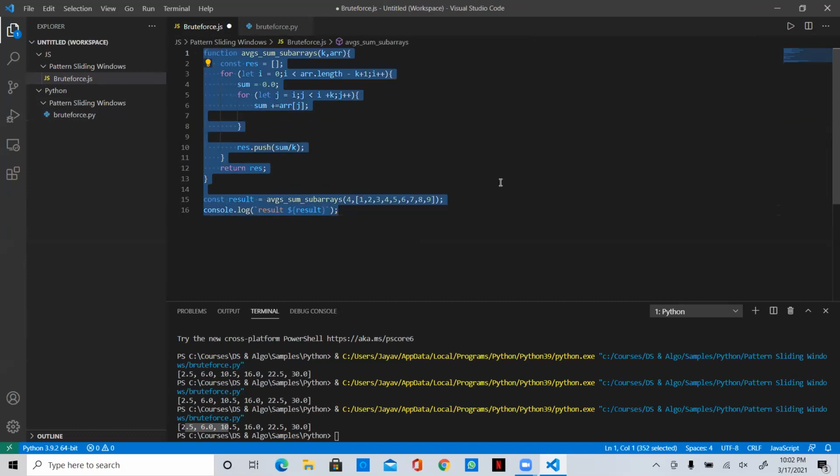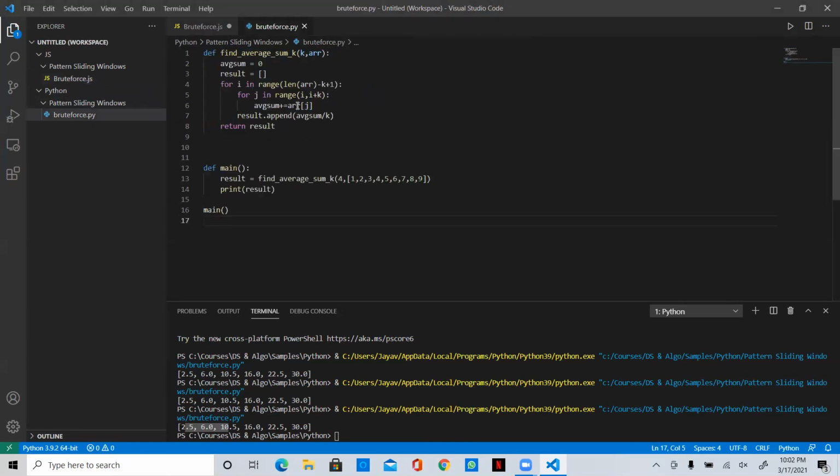I'll save this code, okay? Okay, what is the runtime complexity in meanwhile? What is the runtime complexity, Raj? What is the runtime complexity of this algorithm?